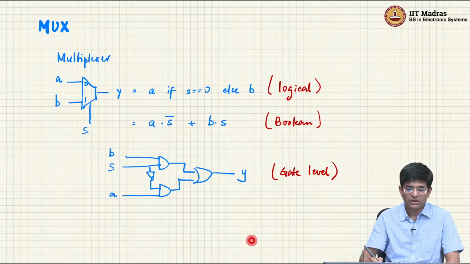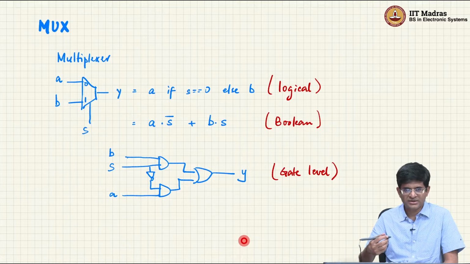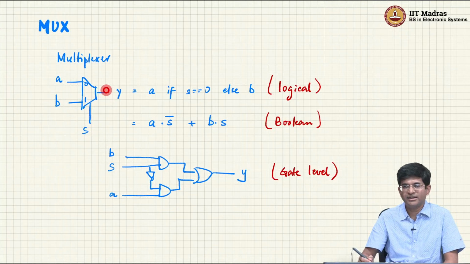Now the first thing you can ask is, is this a combinational circuit or a sequential circuit? Well, first thing, I have not drawn a clock, so that's a good clue that maybe this is not a sequential circuit. But if you think about it, it is very definitely a combinational circuit, right? What I want over here is, I want immediate response. Anytime I change the value of S, I should see that either A or B immediately gets reflected at the